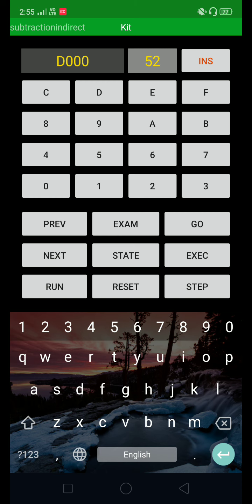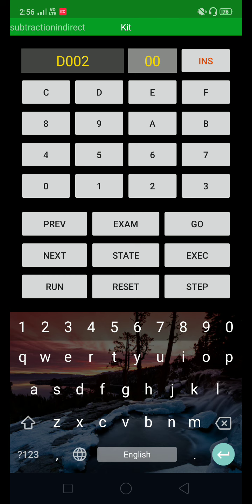For this you have to click on next, okay. So after clicking next, we can see here 001, but at this location data is 00. So here you have to store 31. Click on these 2 digits, 31, okay. Once again click on next, okay. So here at location D002, 00 is there. So according to our program, you should get the subtraction result, okay.